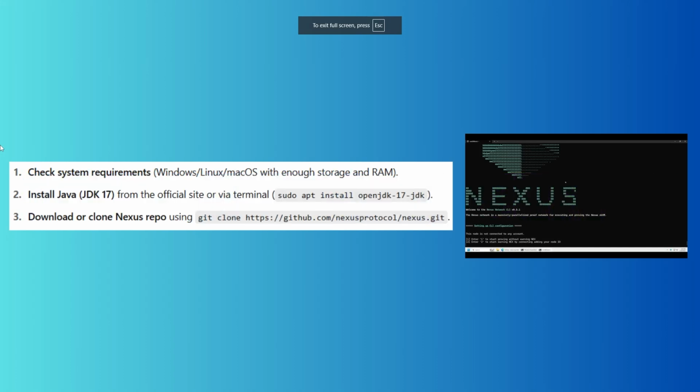First, check your system requirements as shown on the screen. Now, install Java from the Oracle site or via terminal as shown on the screen. Download or clone the Nexus repo using git clone